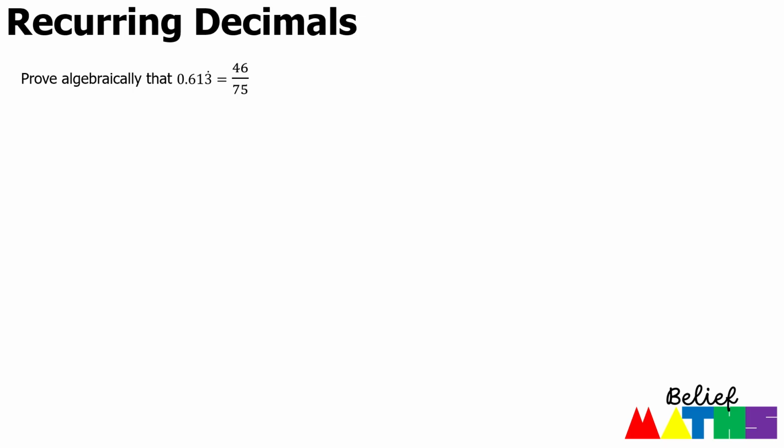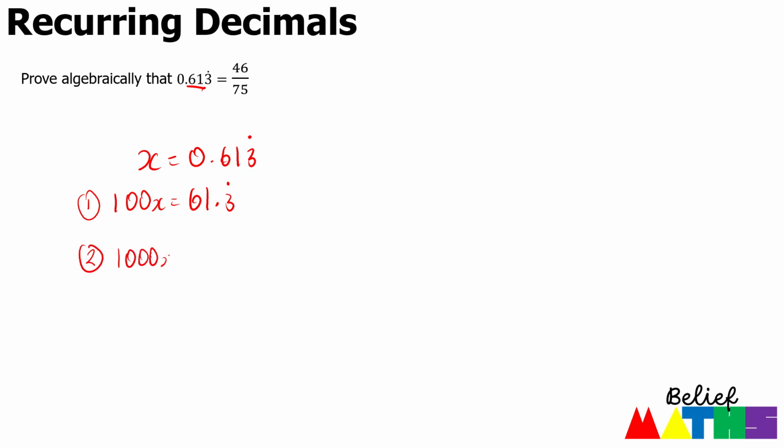Recurring decimals again doesn't seem to have come up yet, so it's quite a useful one to make sure that we're practicing. So we've got x is equal to 0.61, and then the 3 is recurring. Remember, our first equation is for our non-recurring pattern, so that's 2 decimal places long. So that means we've got 100x is equal to 61.3 recurring. That's equation 1. And equation 2 is the full length, which is 3 decimal places, which is 1000x equals